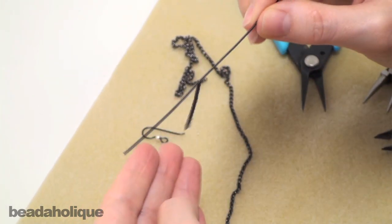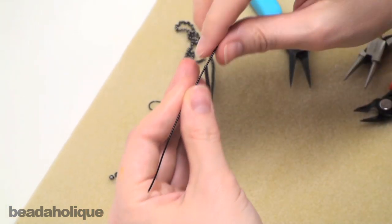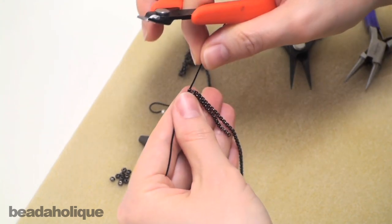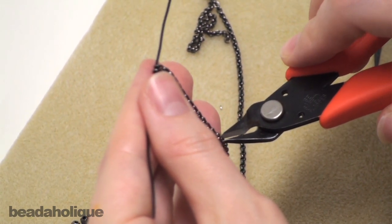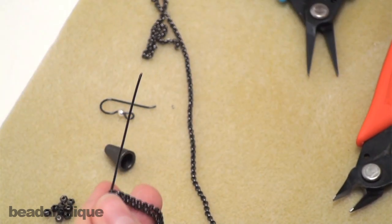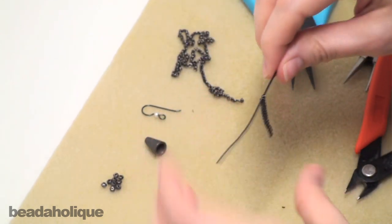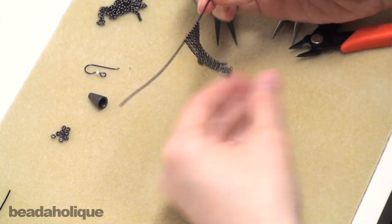So I have my first segment threaded onto my wire. I'm just going to thread the rest of my chain onto the wire and line them up and cut it exactly where I need to cut, using my flush cutters. So now I have 2 segments that are exactly the same length. And I'm going to make 8 of those. So I'm going to go ahead and do that really quickly. Now that I have all 8 of my segments cut at the exact same length,